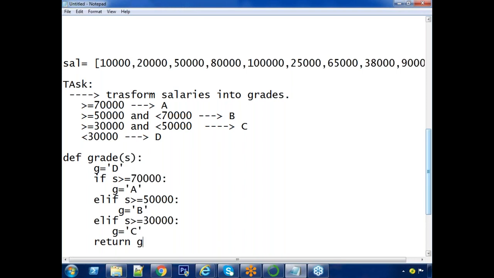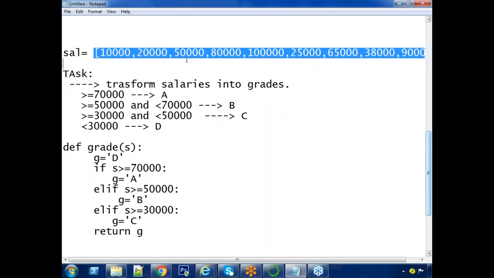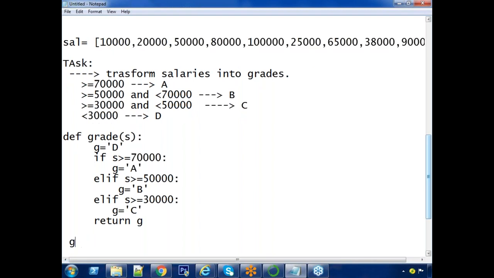G, the grade value. But I am going to call this function in this transformation. So for each salary, each and every salary I want to transform into their grade values. Now observe here, grade equals to, tell me, you know the Python exclusive style expression.